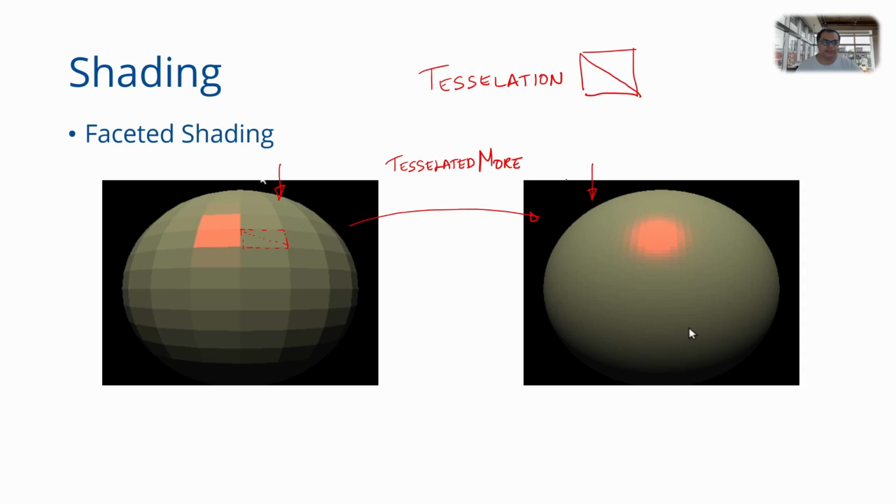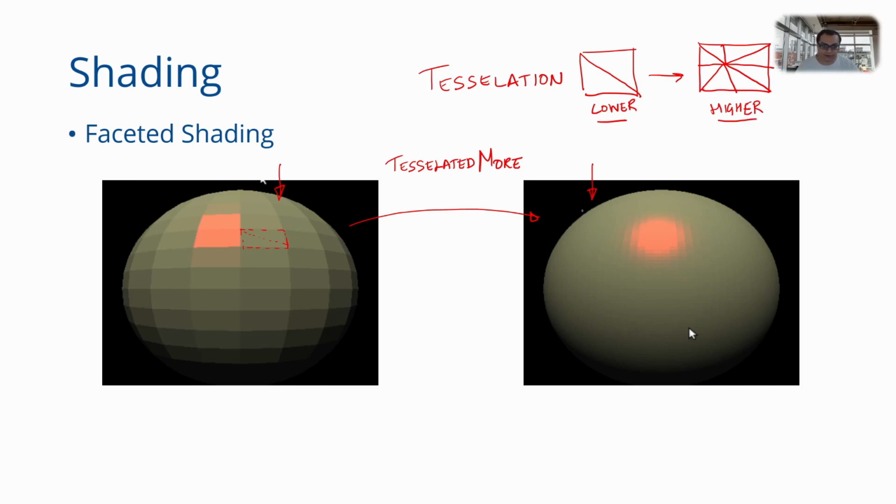So say this is one surface, and if I increase the tessellation, then I might represent the same surface using more number of triangles, right? So if I represent the same surface by doing, say, this, and there is no unique tessellation of representing a surface, but you can certainly, so this is lower tessellation when you are using fewer elements to represent a surface. This is a higher tessellation when I am using more elements to represent a surface.